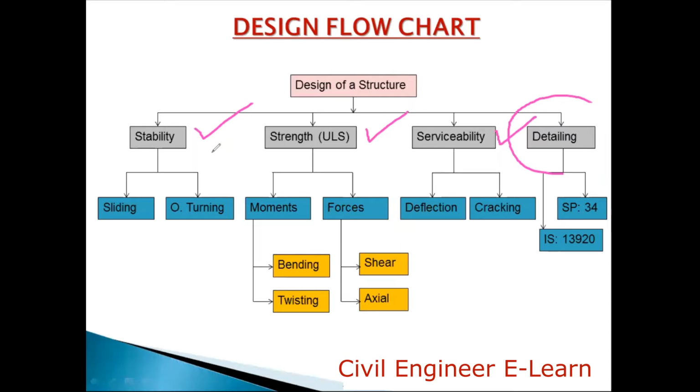In dams and retaining walls there are only two components. One is the vertical member, that is the stem, and the second one is the foundation. That's it. It does not have a framing system, which we normally notice in building cases. It can be an RCC building, a steel building, a residential building, a commercial building, any kind of building. All those buildings have a framing system, right? So that is why we do not usually focus much on the stability criteria when designing a structure.